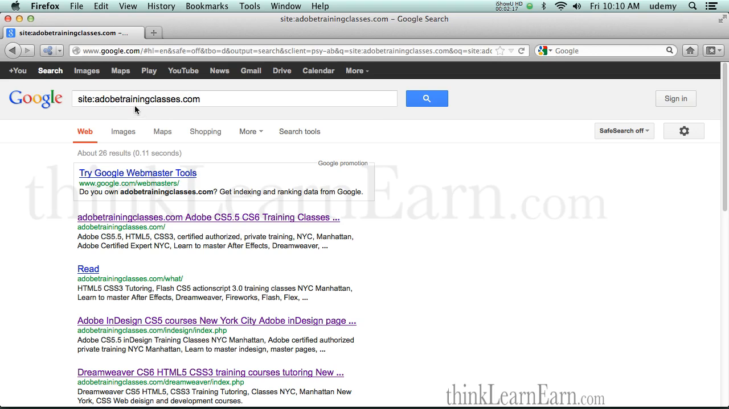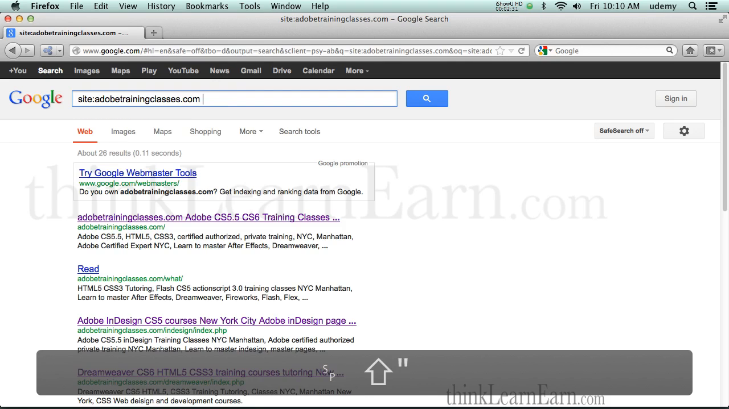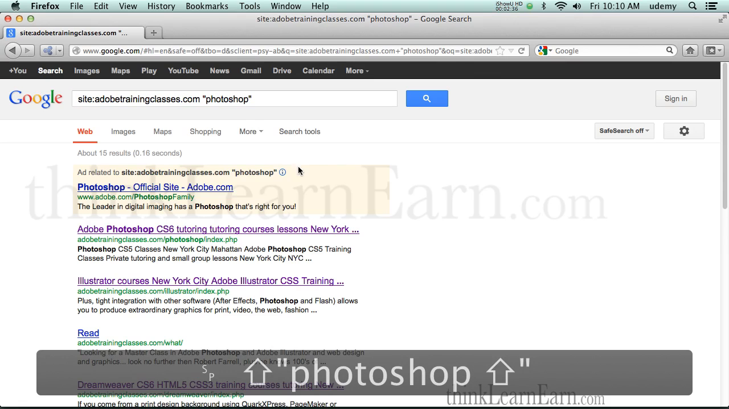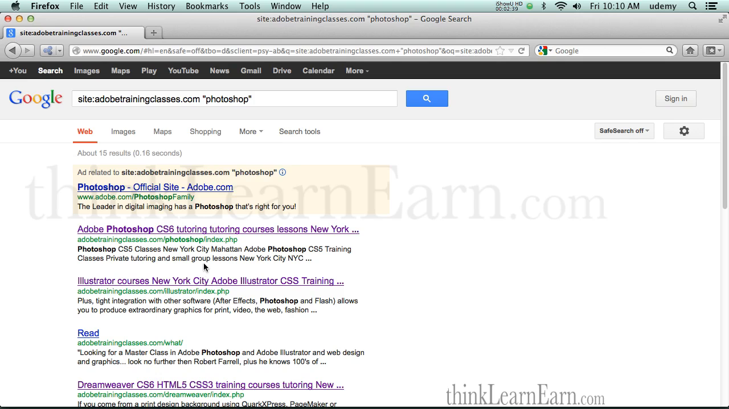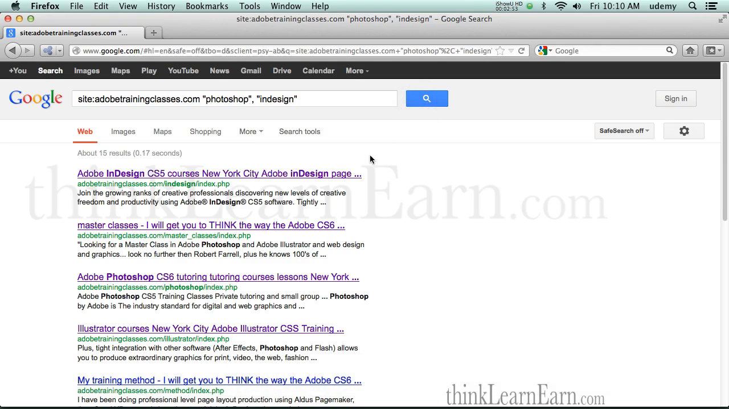Now, let's take this one step further. Let's say you wanted to look for a site on, let's say, this site, and I'm going to say, quotation mark, Photoshop. So this is going to pull up the pages that have Photoshop listed on them. Out of these pages, there's 15 results. Okay, or I could say Photoshop, comma, InDesign. So again, this is just a good production test to see what pages are being linked and what subject titles